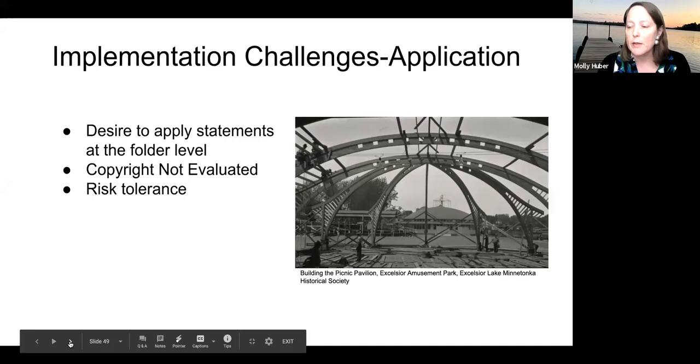You have to decide, well, this one's maybe a little more conservative. Am I more comfortable with that? Or this one maybe is a little more open. Maybe I'm more comfortable with that. There's a lot of individual and organizational deciding where you are and what labels you're comfortable putting on. So taking time to assess the risk tolerance of your organization really makes a difference with rights application.